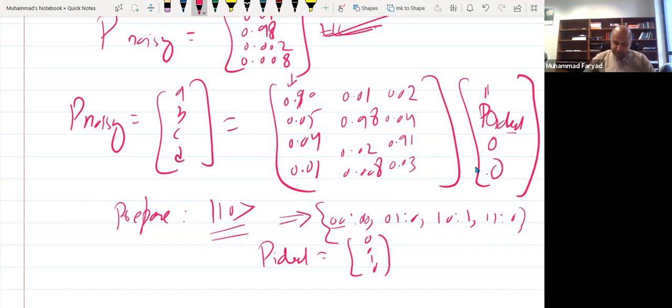Similarly, if I prepare my system in the 1, 1 state and I measure all 4 states, then I can find this column as well. So let's say 0.01, 0.03, 0.04, and 0.92. So now this is my matrix M,